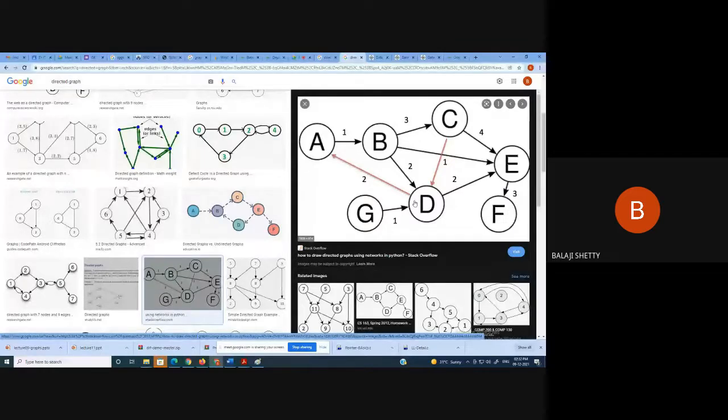Clear? So here these edges are denoted by some numbers. We call them the weights of the graph. This weight may be the time, the distance, or the cost. What does that mean? Suppose I want to travel from Nanded to Latur. A denotes the Nanded node, B denotes the Latur node. If I write 150 kilometers above this arrow, it shows that the Latur to Nanded distance is 150 kilometers. So here the number denotes kilometers.